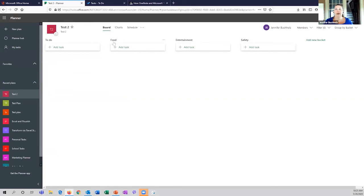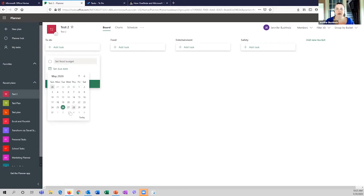So you can have as many buckets as you want. And whether you add a task here, and so we say set food budget, and we can select a due date, and we can assign the task to whomever has been added to the plan. So right now, since it's just me, that's the only person who can be assigned to this task, but we'll have to change that later. We just hit add task, and now